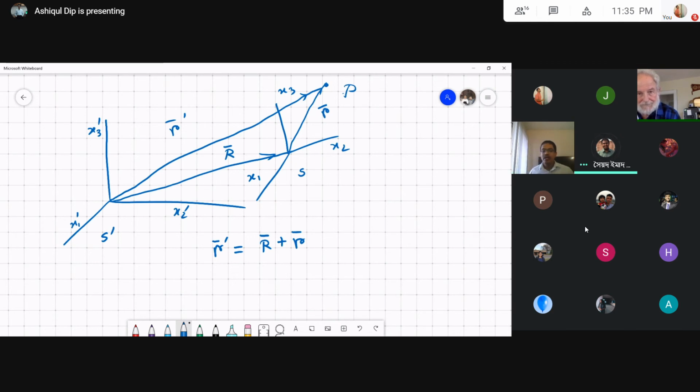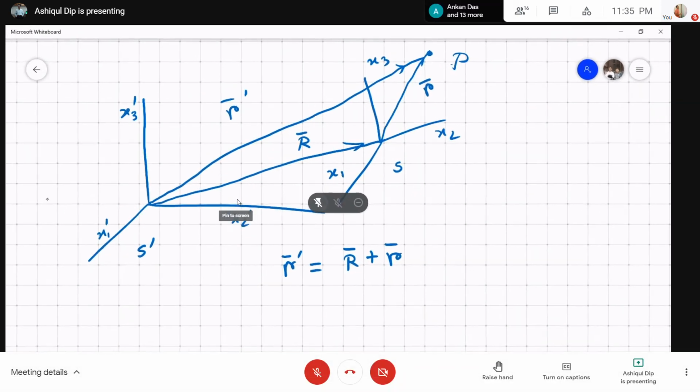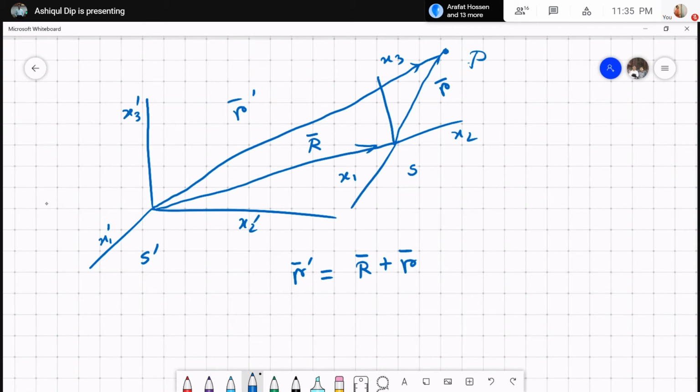Yeah. Now, apart from this movement, they have one extra motion, that is, this one can be rotating. So basically, when you have two rigid systems, because we assume two frames, one is inertial, another is non-inertial, probably one is rotating with respect to the other, then in principle we have 6 degrees of freedom within the system, because